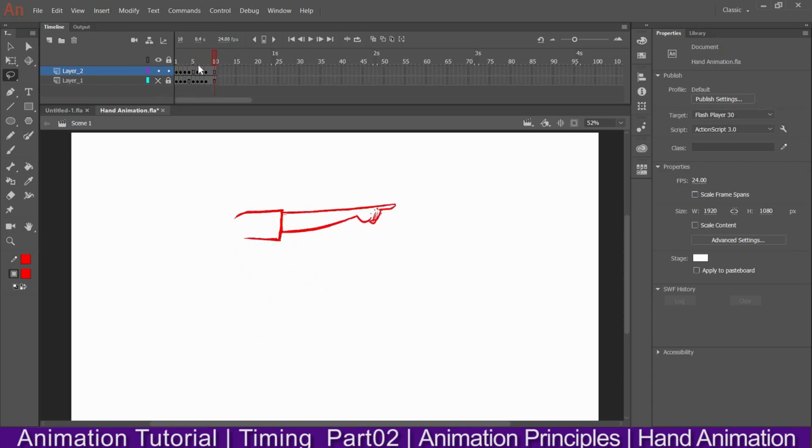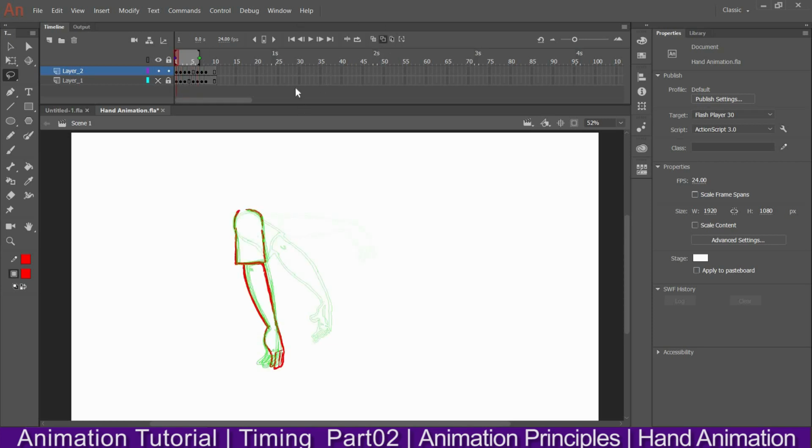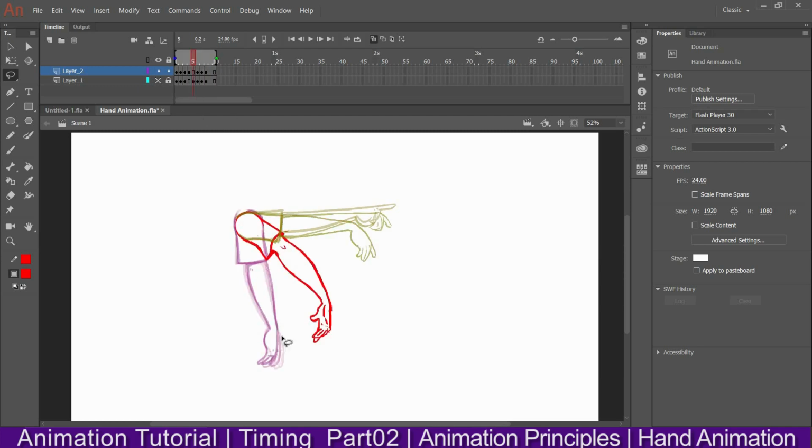So this is the animation which I have done earlier, and I hope you have understood this one. But now you can play with the timing. How? See, from here I'll show you the onion skin so that you'll get a clear view. So if I place it here, you can see all the drawings.